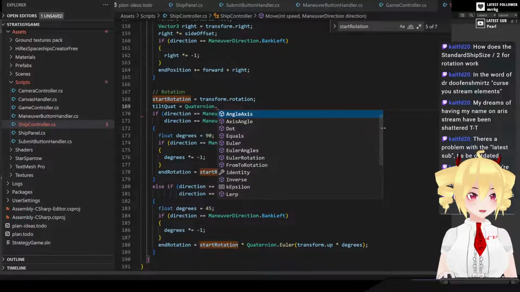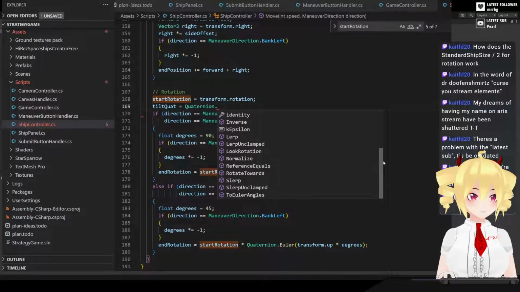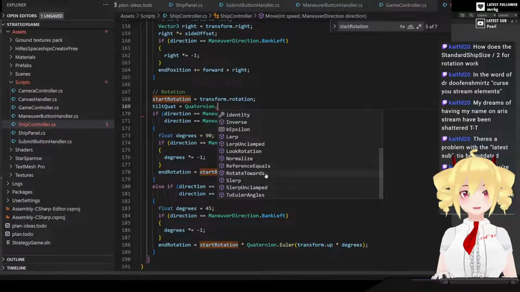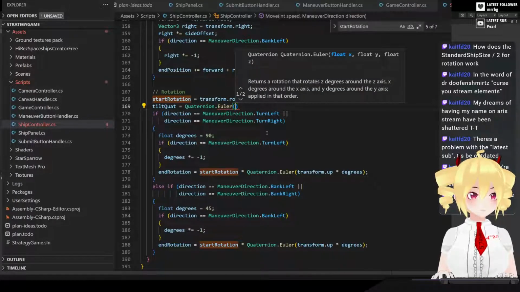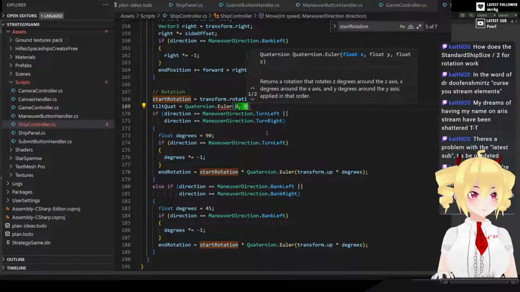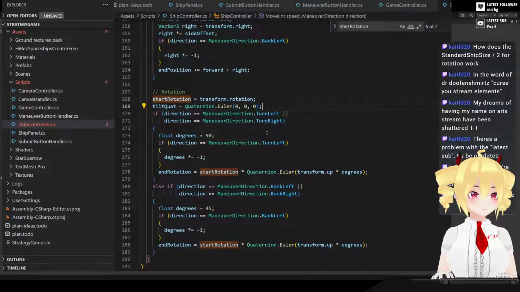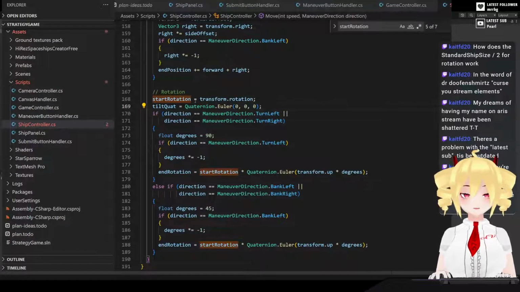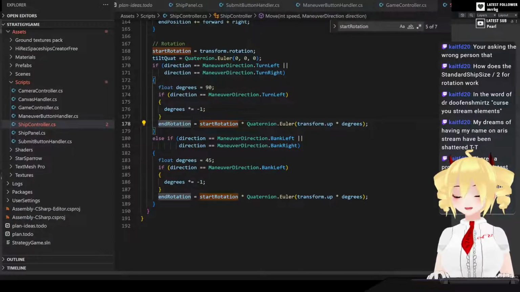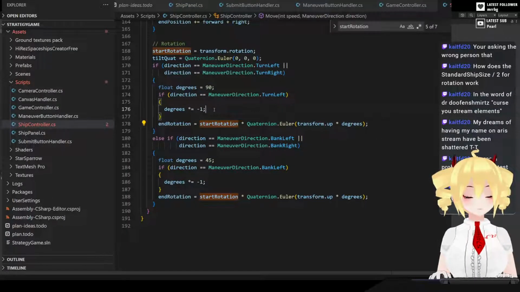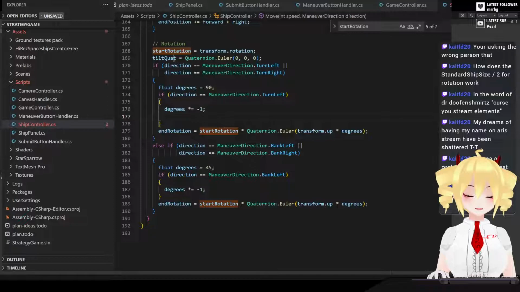What's it called for a quaternion that doesn't do anything? I guess it would be like this, right? So that's a quaternion that doesn't tilt you at all. And then, alright, so let's try,